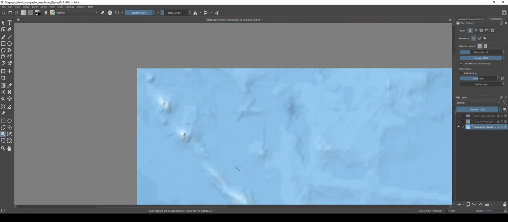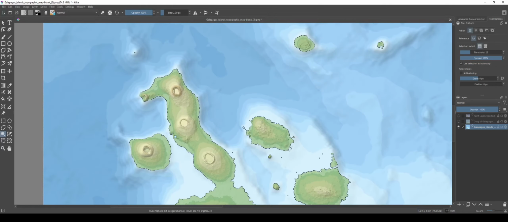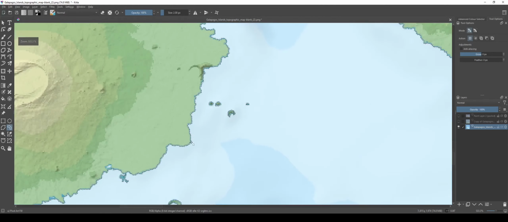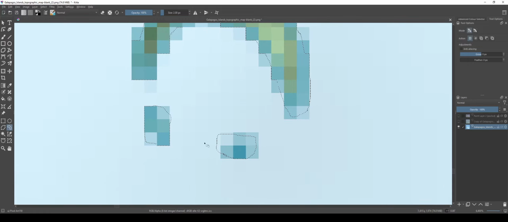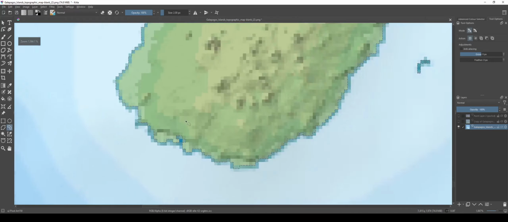One thing I urge you to do, if you're just starting to make your own maps: tiny little islands always look terrible with automatic selection like this. You should take the lasso. I'm holding shift to add to the selection instead of replace it, or alt to remove from the selection instead of replace it, in case you're removing selection from the water like this. And you should increase them a little bit like this. And it doesn't need to be perfect. You don't need to select whole pixels, but